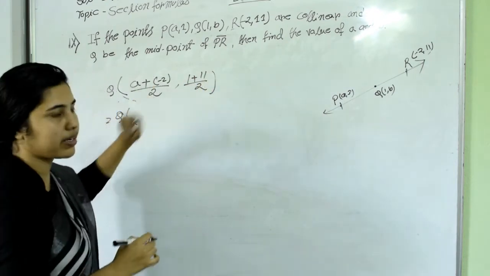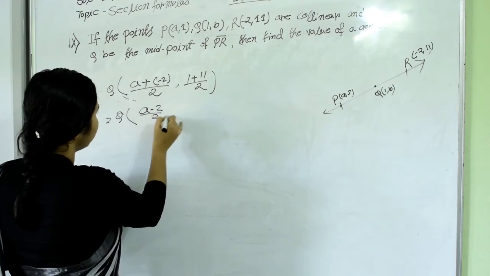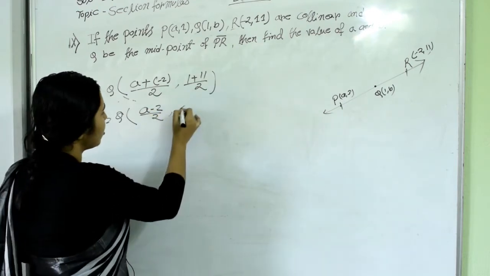Which means A minus 2 by 2, and 11 plus 1, 12, 12 by 2,